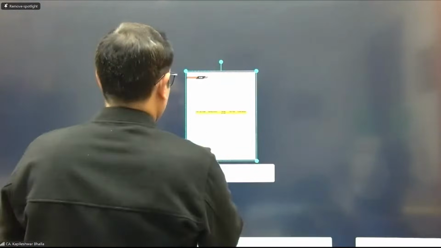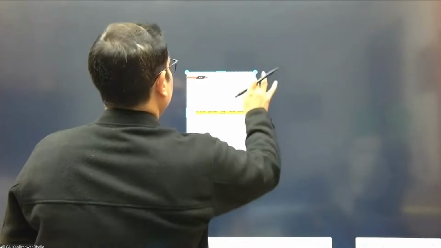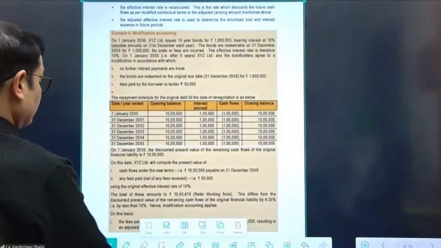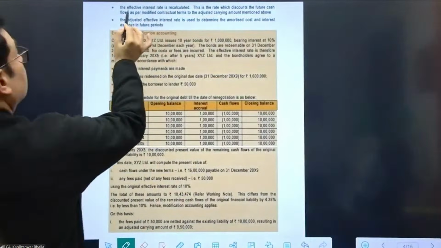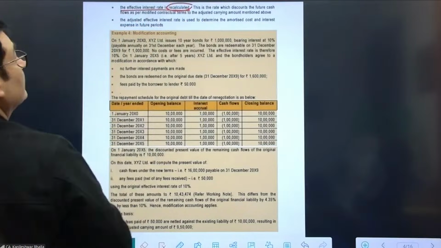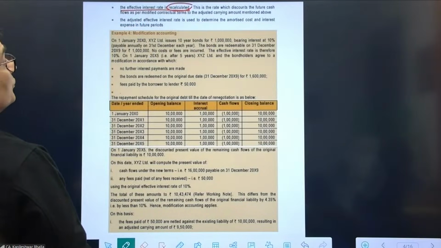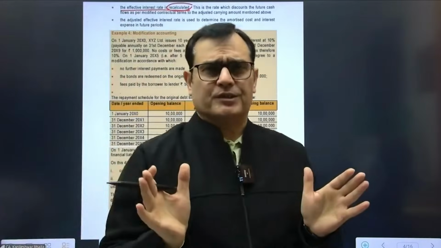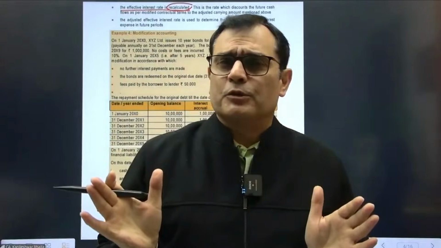So I am given further inputs here, and that's what it adds on. It says the EIR is recalculated. In this particular case, how would you recalculate this? We'll see. That's not a problem. In any case, I'll let you know that EIR will definitely go up,